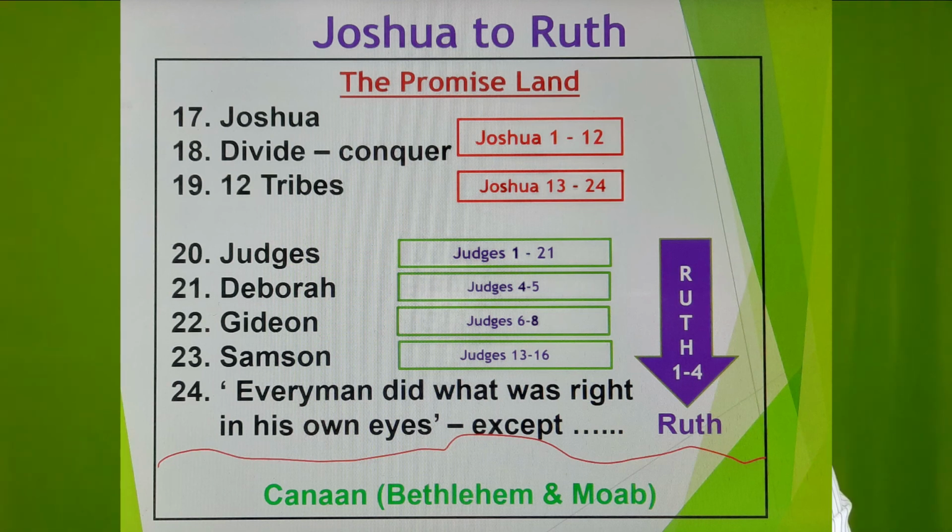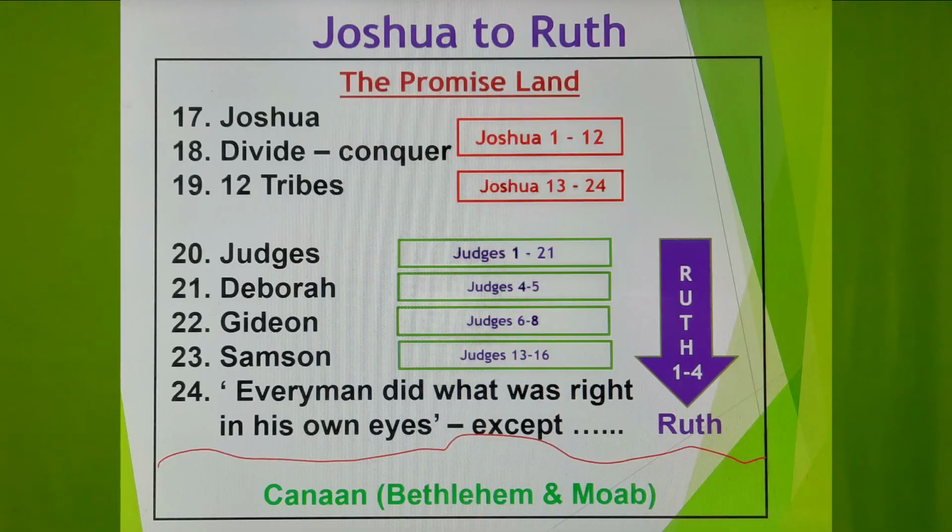At the end, in the last chapter, we read a very good testimony of Joshua: "As for me and my house, we will serve the Lord. And if you want, you can." And all the people accepted what Joshua said. So that's all about entering the promised land through the leadership of Joshua. Remember, the first 12 chapters are how they conquered the cities, and the next half, 13 to 24, is dividing the land for the 12 tribes.